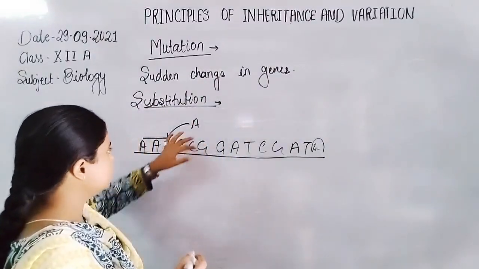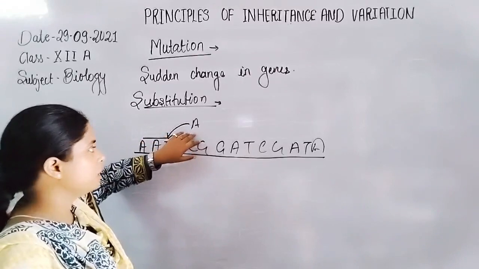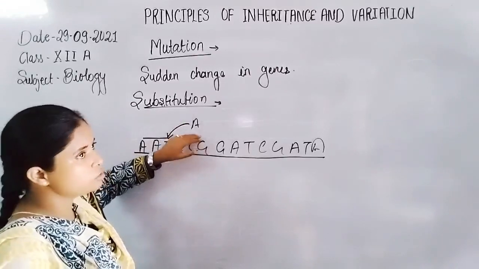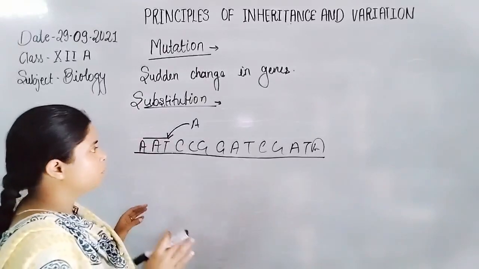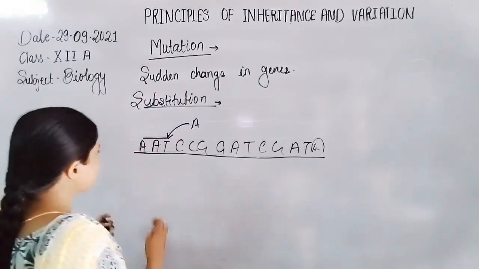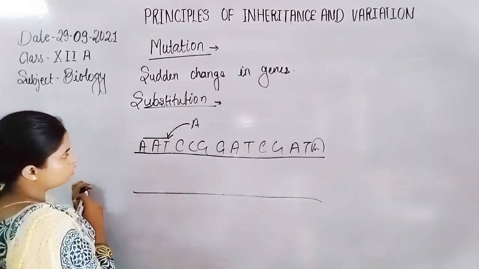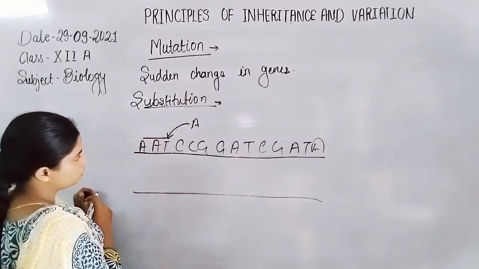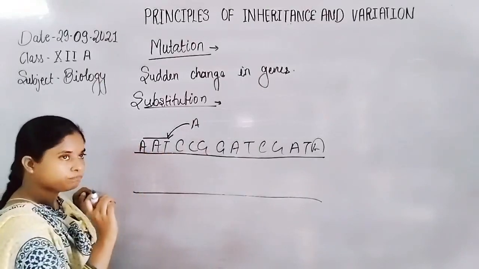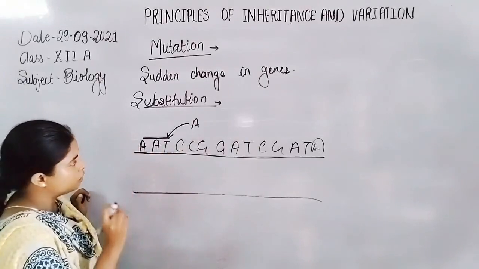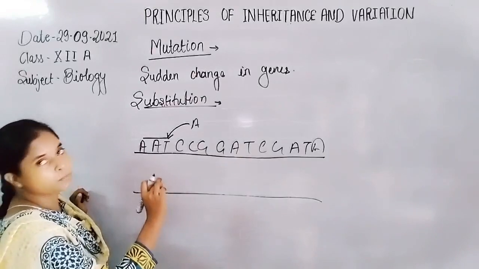So overall, only a small change takes place in a genetic sequence, but the complexity in the organism makes it a huge problem. That is also known as point mutation. In such a mutation, only a single nucleotide is changed, because neither is any nucleotide deleted nor any nucleotide added. That is only the replacement.